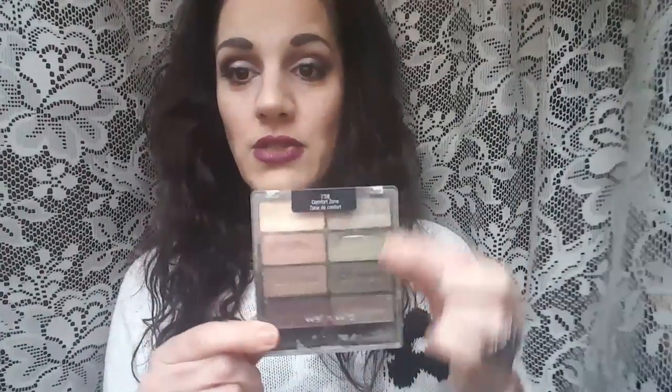Over any of these colors, you can do a whole different type of smoky look instead of just your standard. And then there's the neutrals, which are beautiful as well. As far as your crease colors, your transitional colors, this is my favorite transitional color right there. I love, love, love that color. And you can get this for such an affordable price. I know back when Naked 1 and 2 were just coming out, this was a comparison to, I think, the first one. I could be wrong, but it's like $4.99 in the drugstores,